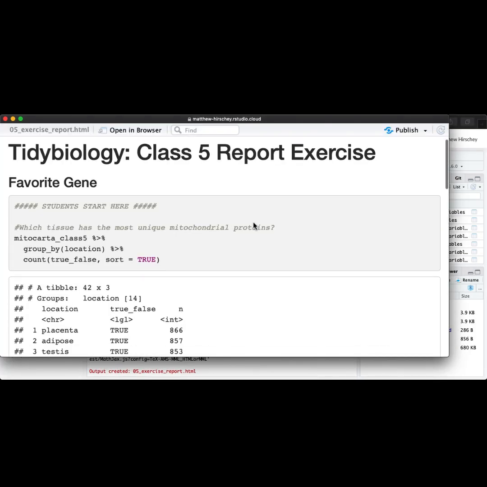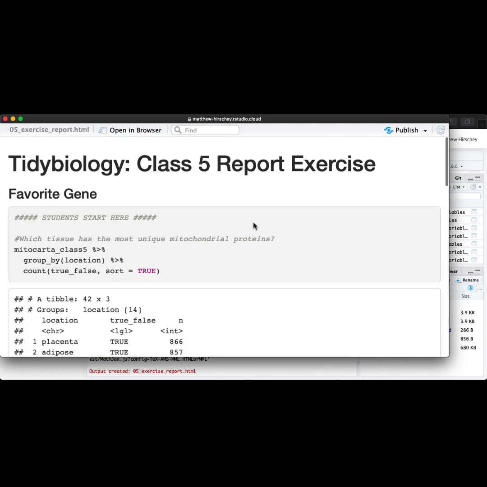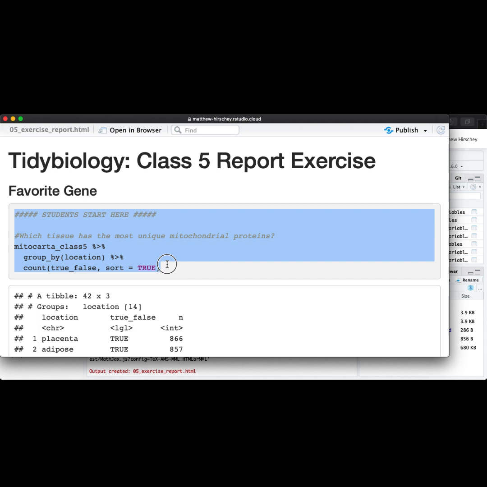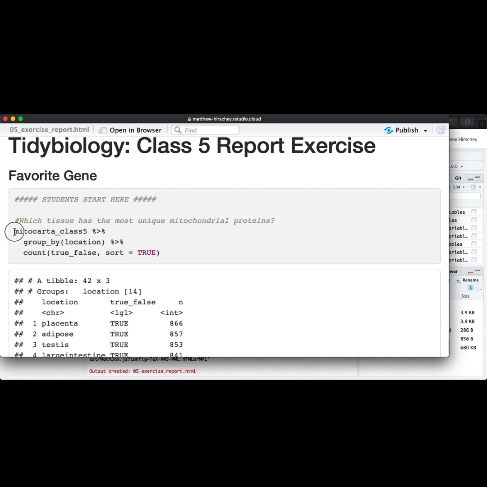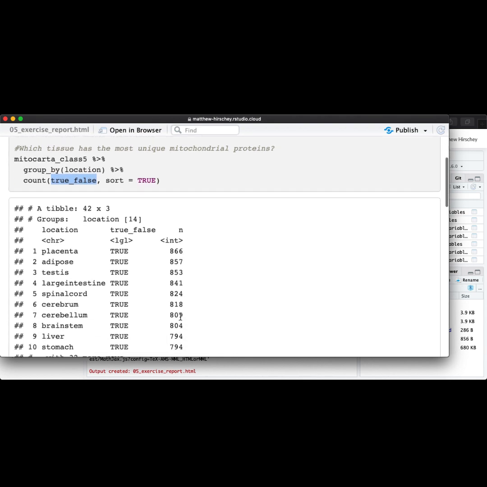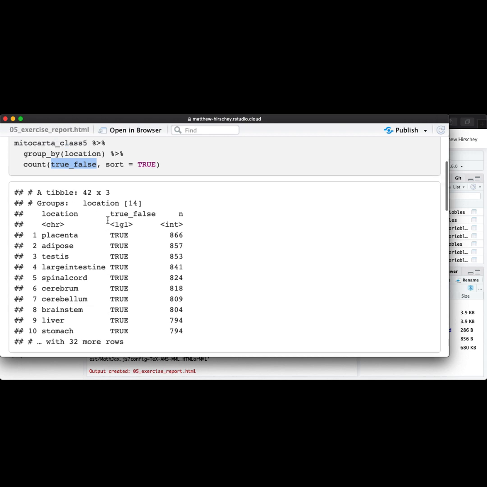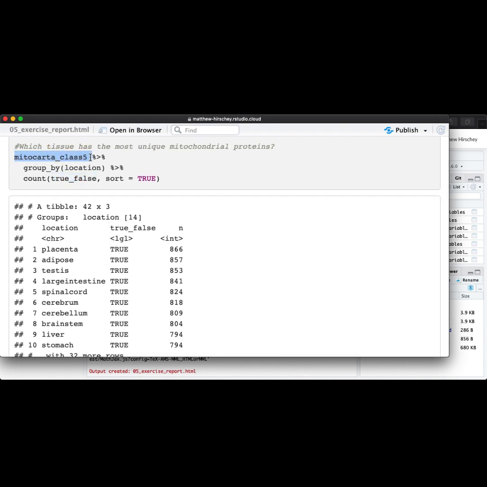So we get something like this. So this is a nice looking report. So we've got a section here. Students start here. We sort of look at our data. We have a data frame called mitocarta class 5, and then we group by location, and then we count this true false logical of whether or not our protein is in this tissue or not, and then we sort it. Okay, so we end up with this list. So this is our list of mitocarta class 5, grouped by location, counting the number of proteins in each